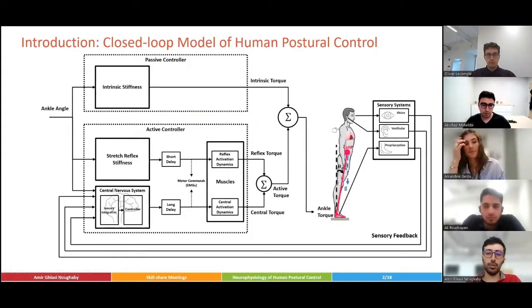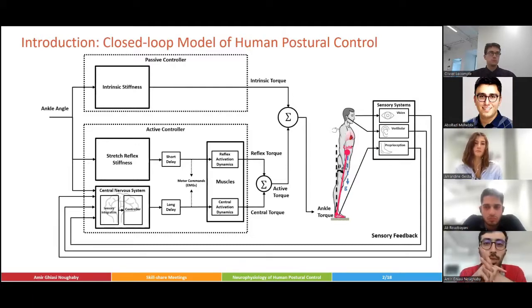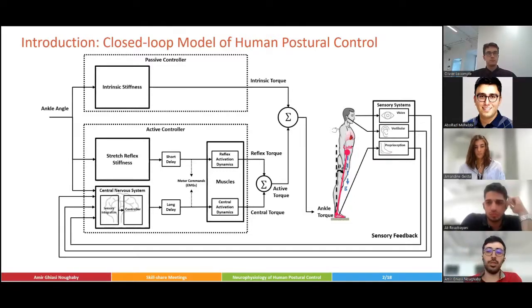Today I'm going to present an overview of the neurophysiology of human postural control, but not in detail and in simple words. Before continuing and explaining different parts of the postural control in terms of its neurophysiology, it's good to just have a recap of the human postural control and the collaborations between the different